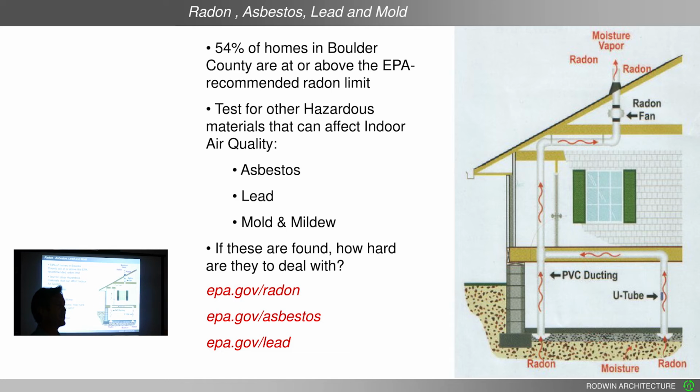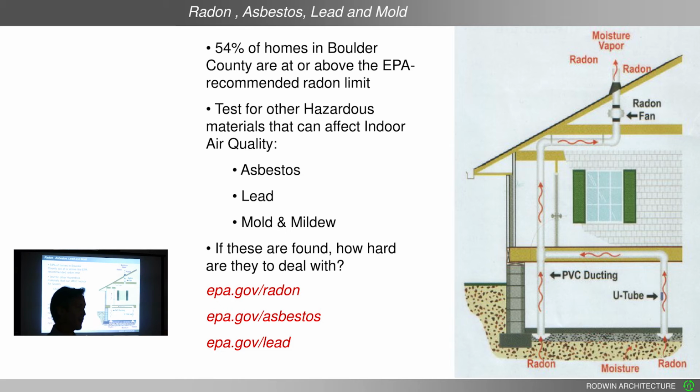It's actually a very serious material, but it's hard to get it into your system, much harder than asbestos. Mold and mildew is actually surprisingly common, but it's easy to remediate. A moldicide or just bleach, sunlight, air will kill the mold. But do know that if you have mold or mildew, you actually have a moisture problem and you need to